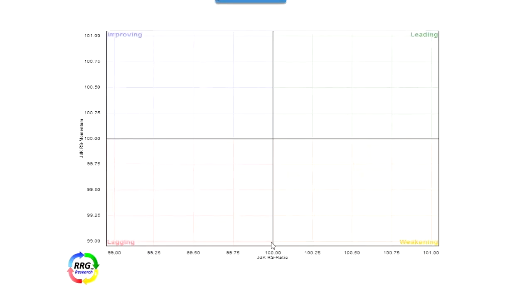This is a basic canvas of a scatter plot, or the basis for an RRG. On the horizontal axis, we've got the RS ratio. That's the red line that you just saw in those charts. And on the vertical axis, we've got the JDK RS momentum line. That's the green line that you saw on those charts. If we plot every sector in this case on this plot based on those RRG values, we will find the